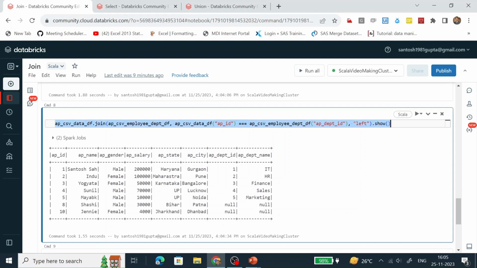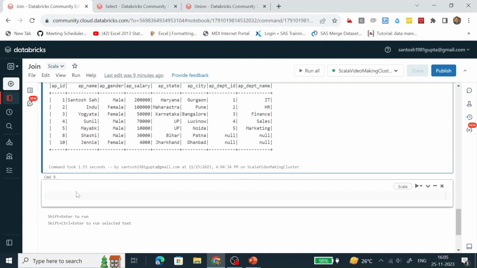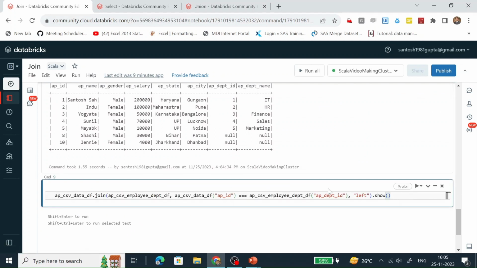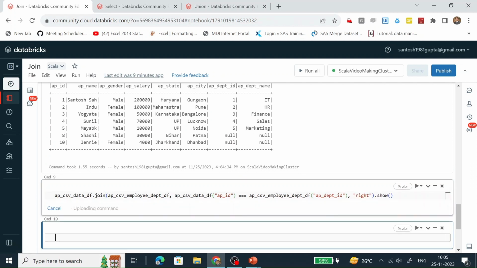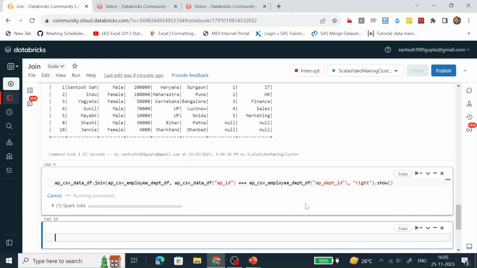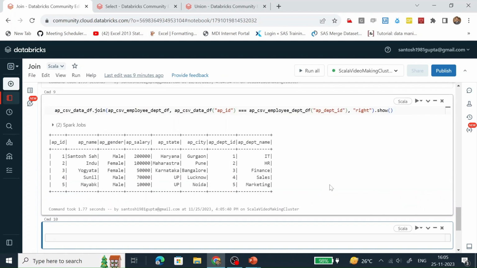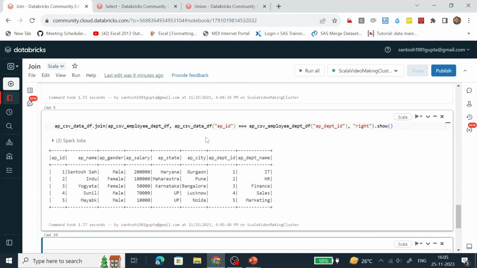Let's do a right join. We can see here it is taking all the data which is present in the right table and matching data which is present in the left table.